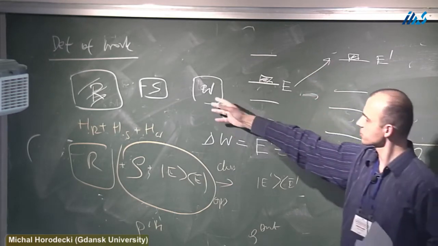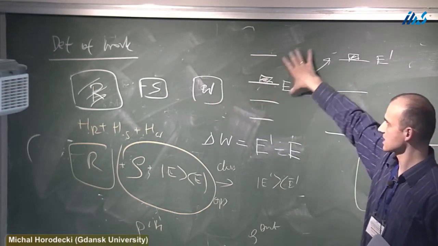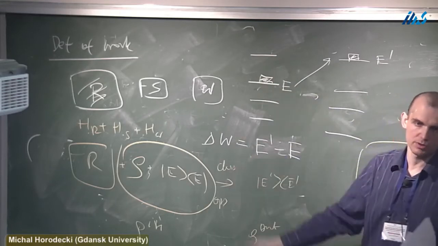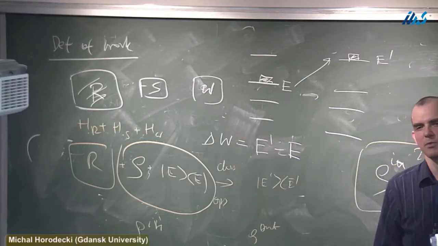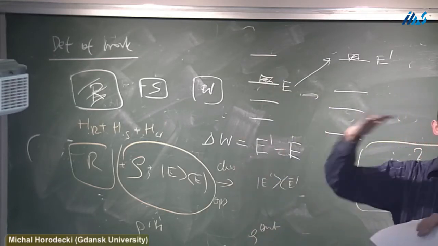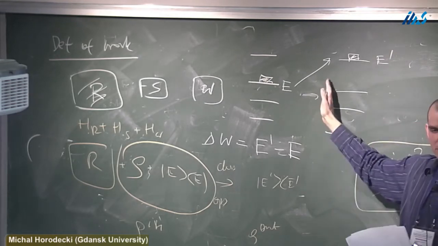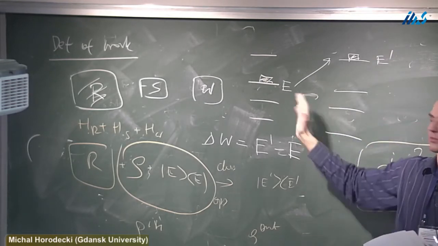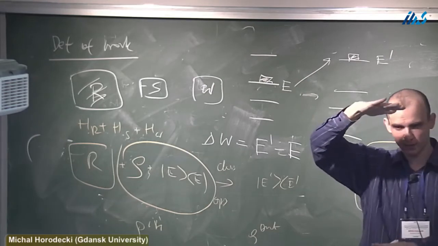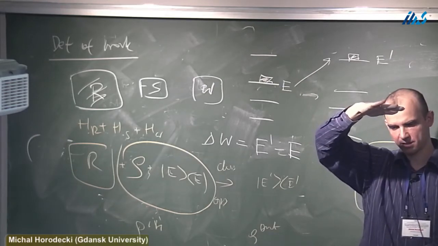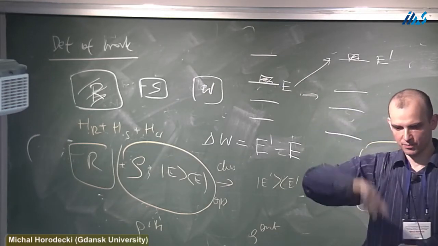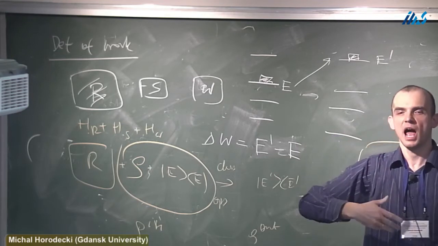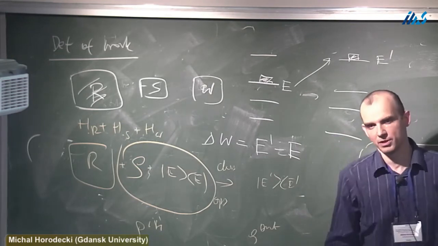If we know how much, we just adjust the system. So you can, for example, compute how much work you can draw, and then you just stick it in. Even in this approach, it's enough to have just a two-level work system, but the energy difference should be tuned to what you know you will obtain.